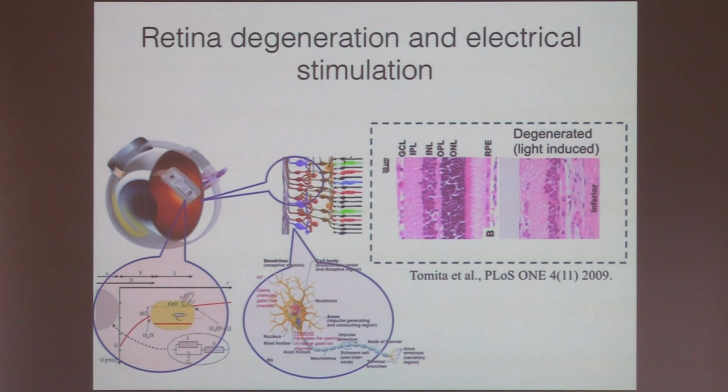So the application, generally, neurostimulation is a very wide field, and probably the holy grail in this field is electrical stimulation of cells, neuronal cells in the retina. We have about 1 million nerve cells in the retina that each have an axon, a wire, that all bundle together and go through the optic nerve to our brain. And the optical information that we receive comes from the rods and cones, and there's some internal